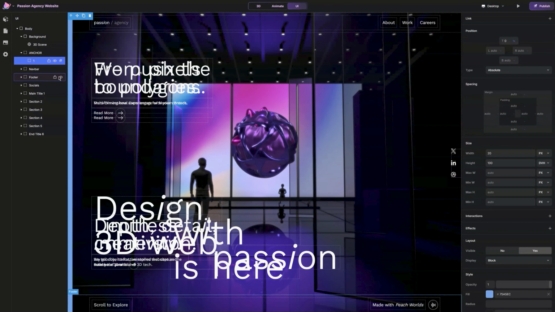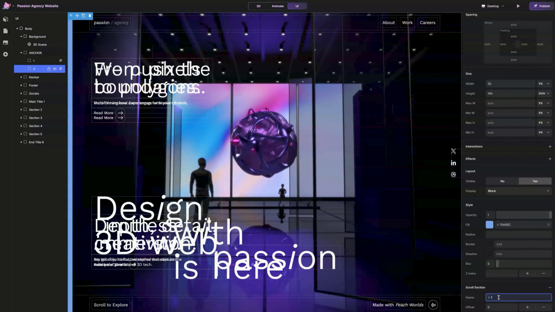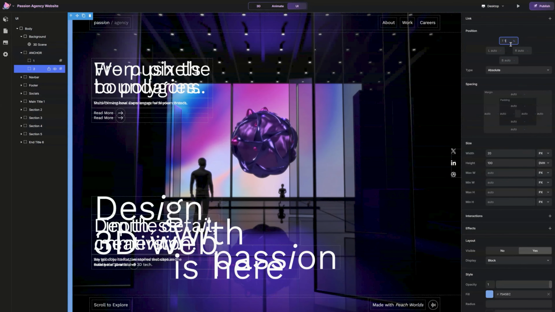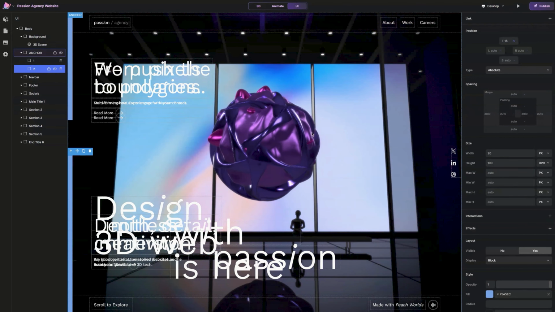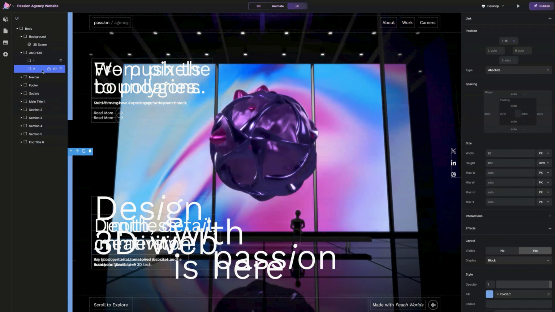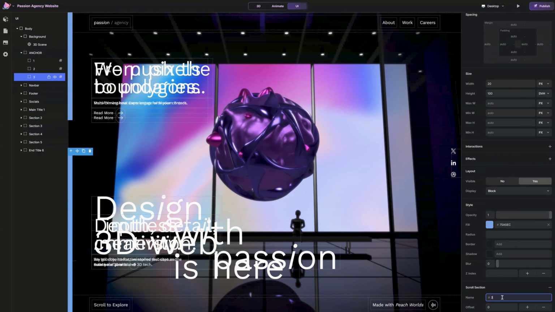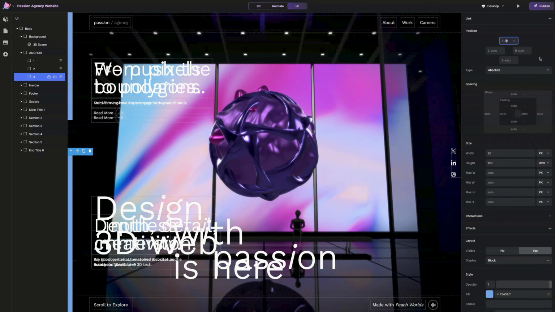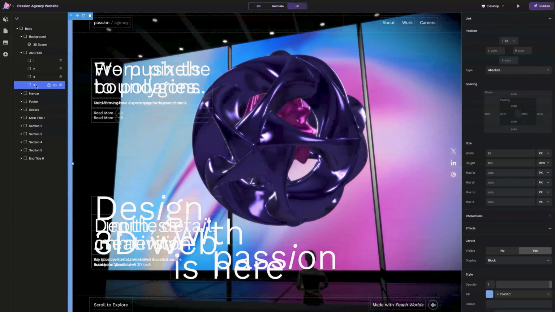So let's copy paste this and let's call it 2. Let's change the scroll section to 2 and let's change the positioning to 18%. So it's here. And now we are all set with this one too. Let's copy paste this again. Let's call it 3 and let's change the scroll section to 3. But this time, let's go with 38. And since we are set with the third one too,